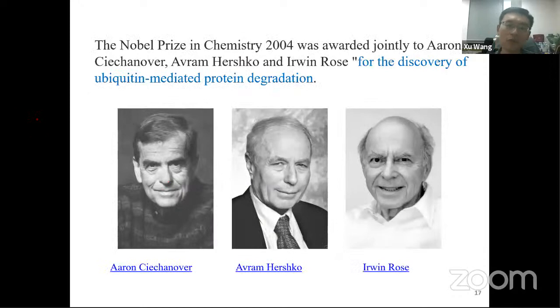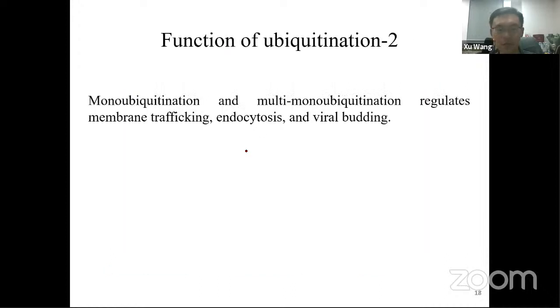In 2004, the Nobel Prize in Chemistry was awarded to three scientists for the discovery of ubiquitin-mediated protein degradation. And this protein degradation is mainly mediated by K48 polyubiquitination. However, ubiquitination also regulates non-degradative functions. For example,